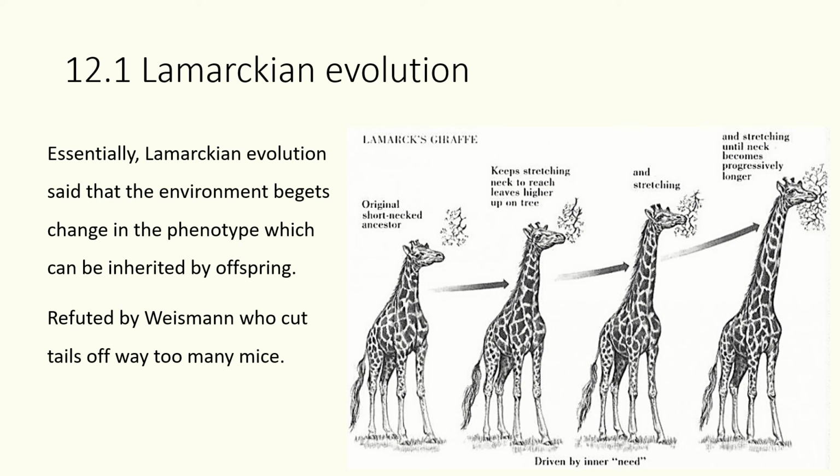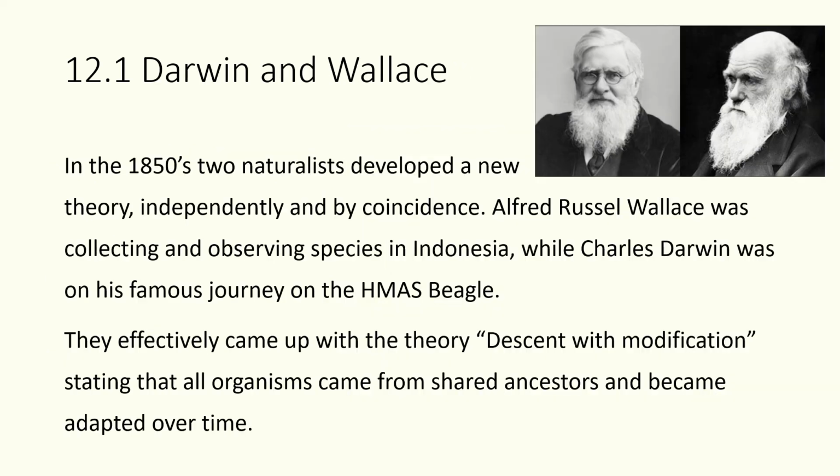Weismann basically very elegantly refuted this idea of Lamarckian evolution by getting a heap of mice, cutting off their tails, letting them breed, and lo and behold, all of the offspring had tails, therefore disproving the idea. So next up, and the theory that we more or less still work with today, was Darwin and Wallace,